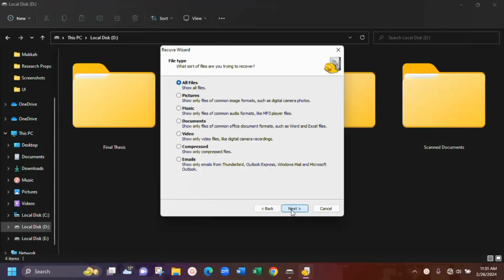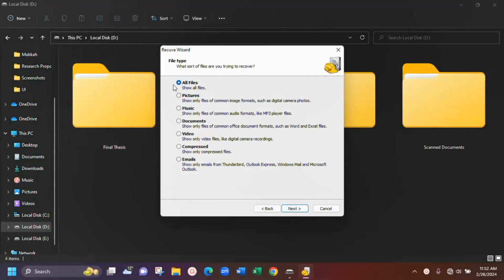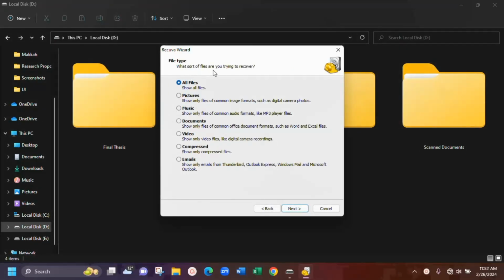Click on next, and here this will ask you which type of files you are trying to recover. In my case it is pictures. I will select pictures. If you don't know your file name, you can select all files and click on next,